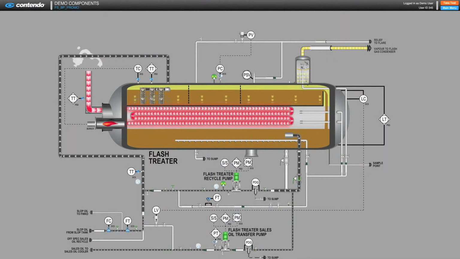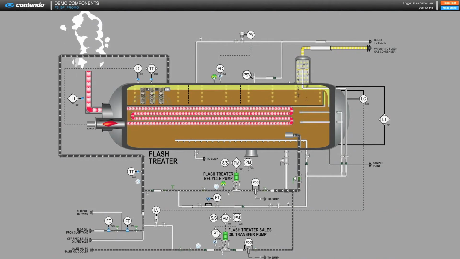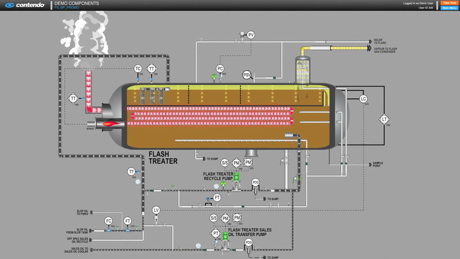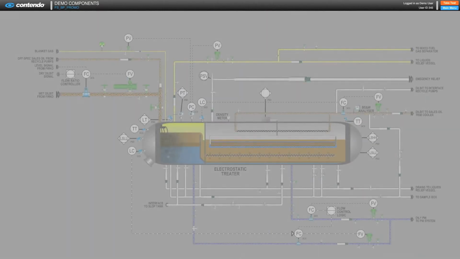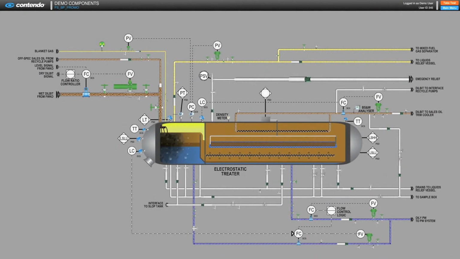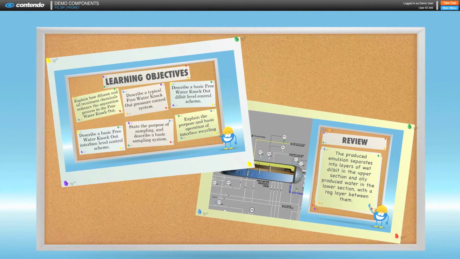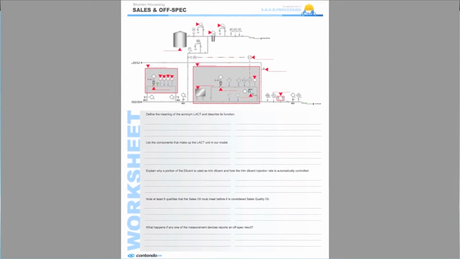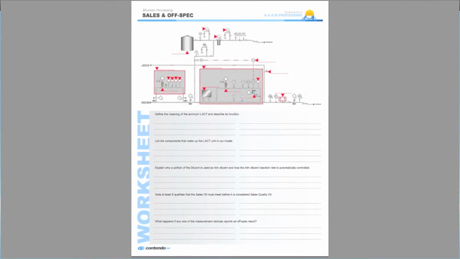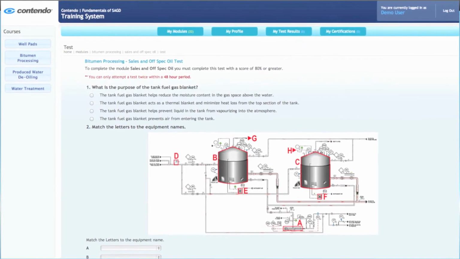Our unique presentation of learning material provides something for all types of students, whether their strong suits are listening, reading, or watching. We combine narrated discussions with animations and other visuals to clarify each concept presented. Straightforward learning objectives are presented at the beginning of each chapter, while review sections reinforce what we have discussed. Chapters include printable worksheets for students to complete as they learn and individual tests that can be attempted after viewing